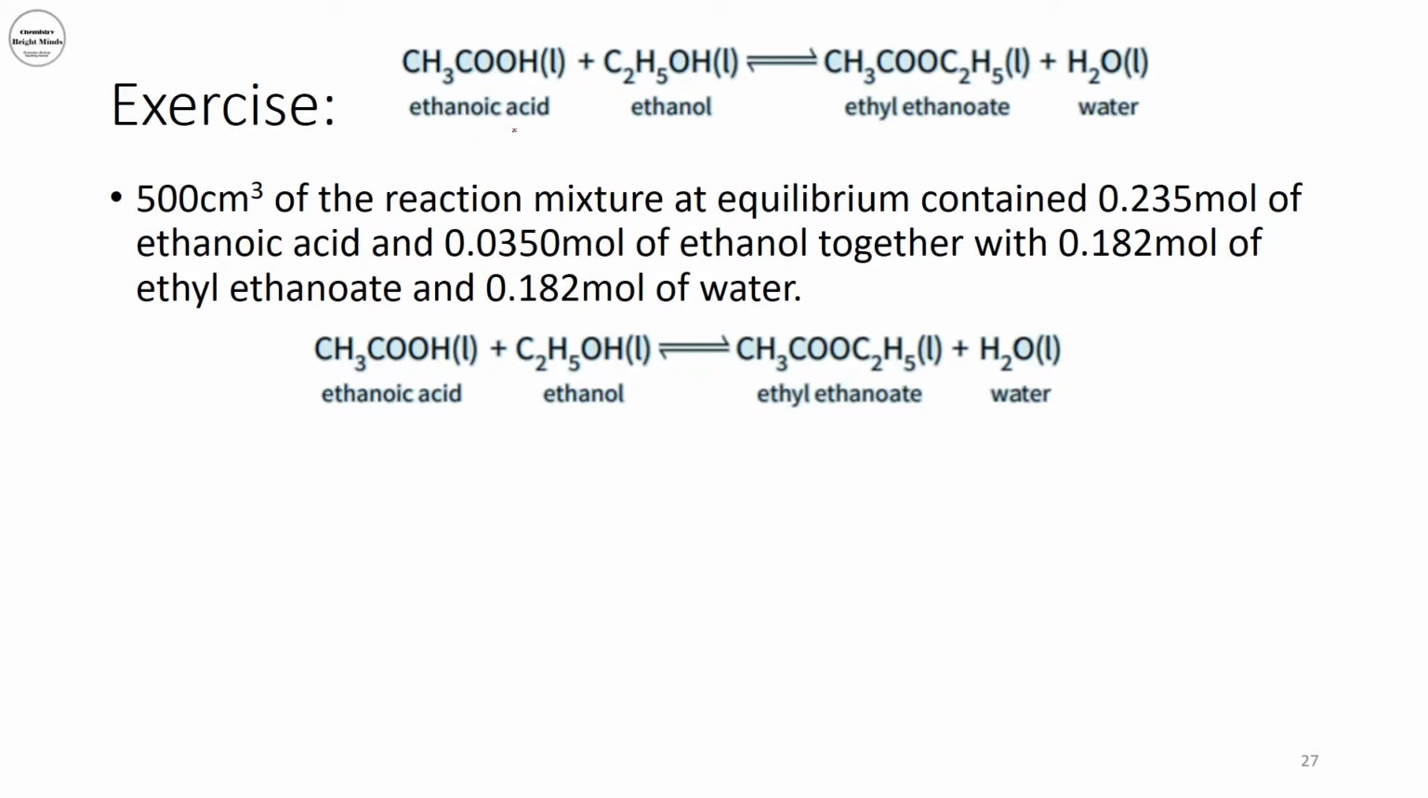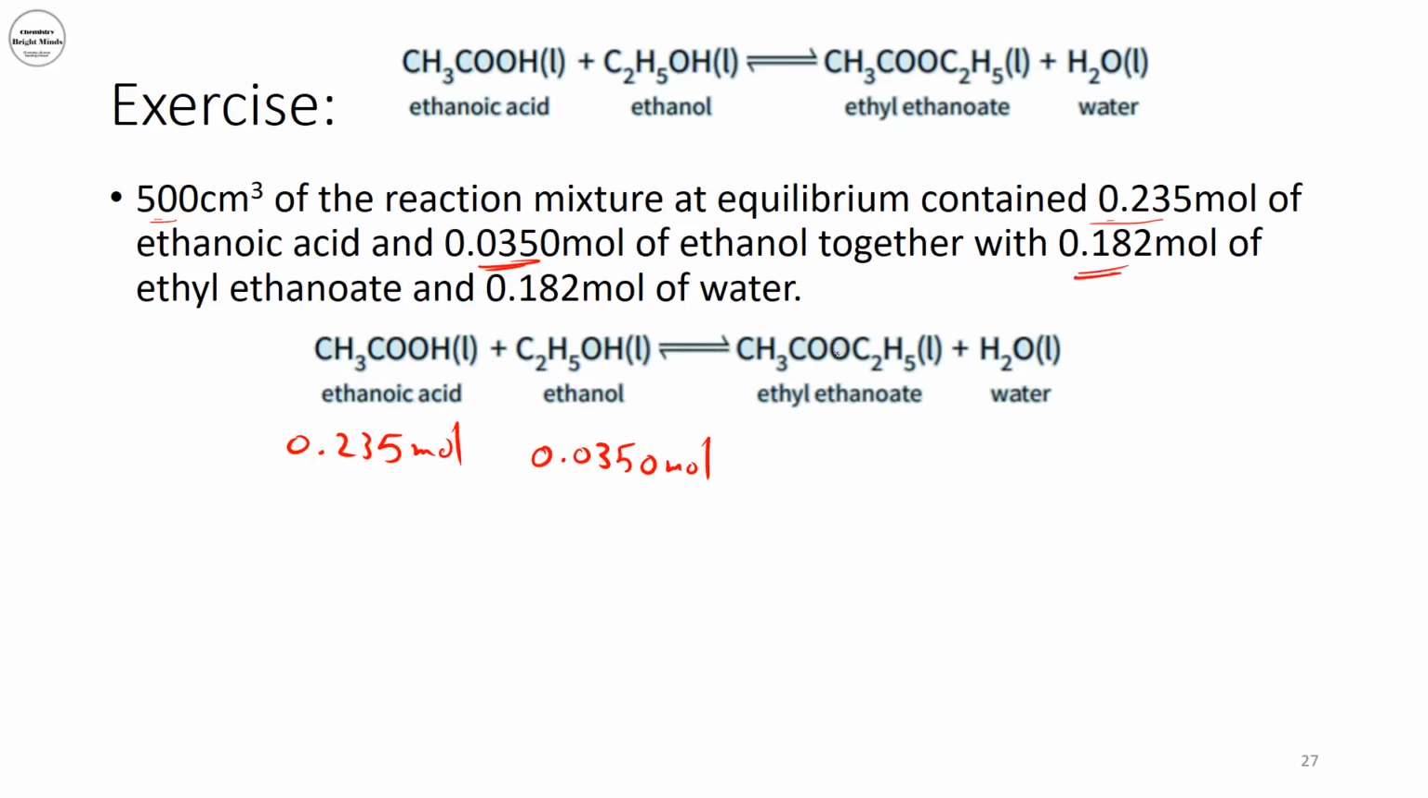In here I have ethanoic acid reacting with ethanol to give me ethyl ethanoate and water. If I used 500 cubic centimeter of the reaction mixture at equilibrium, which contained 0.235 moles of ethanoic acid. So in here the number of moles of my ethanoic acid is equal to 0.235 moles. And for ethanol the number of moles is 0.0350 moles, together with